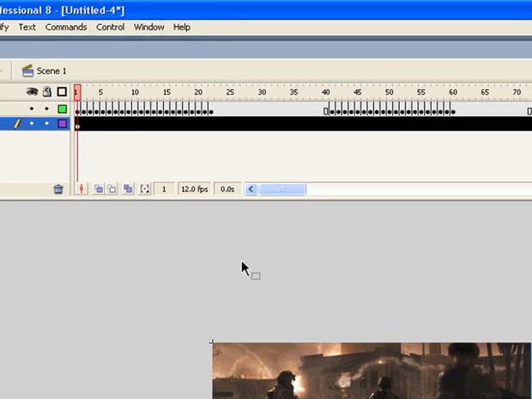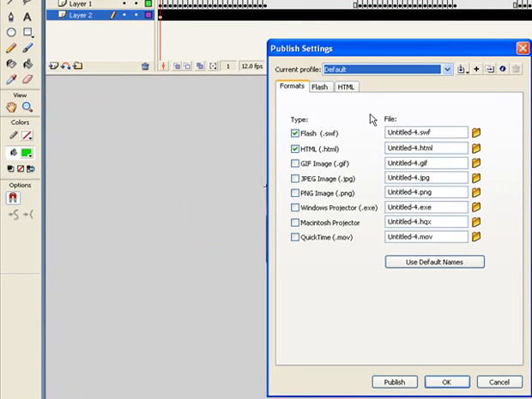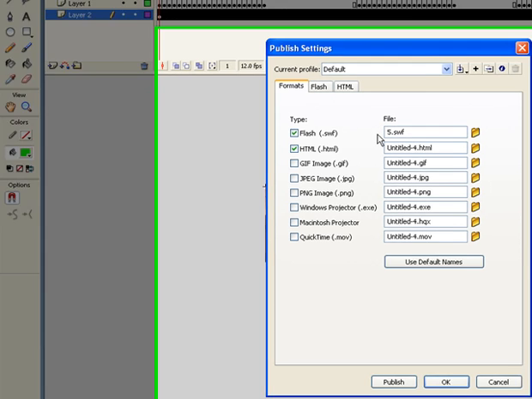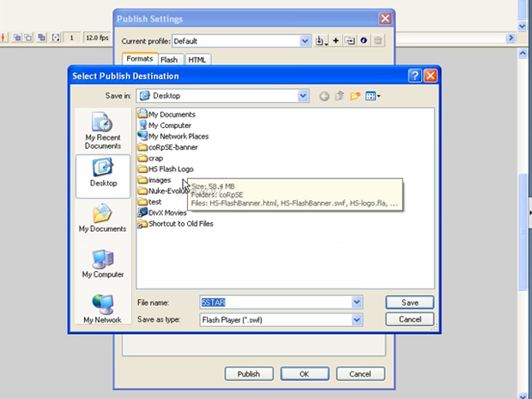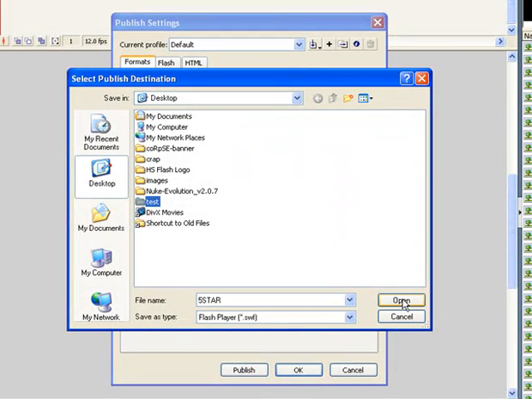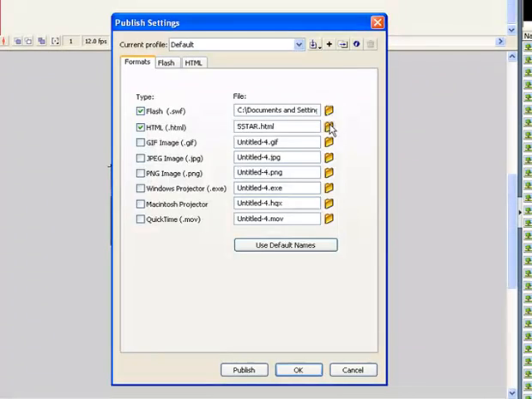We would save it the same way. We would come over to here, Publish Settings, change this. I'll name this one 5-star. And I'll name this one again 5-star. I'm going to put this into the same folder, Test, Open, Save, same thing,